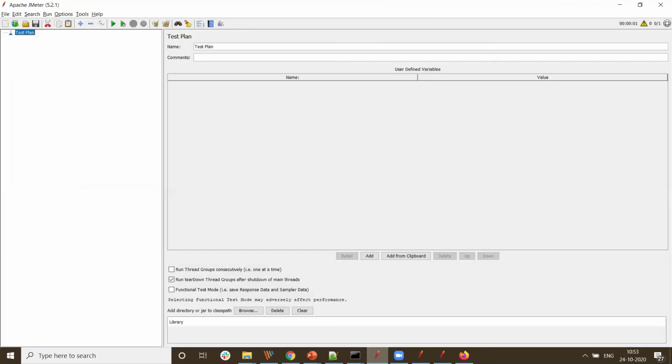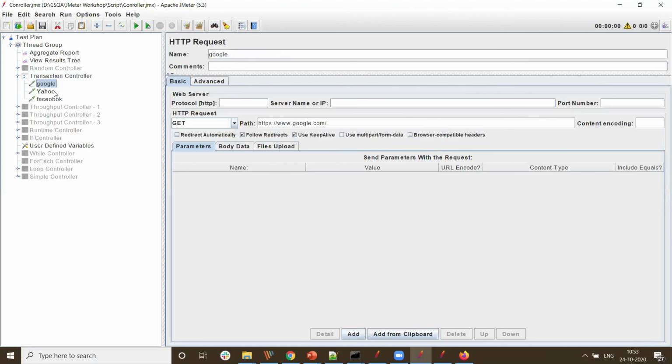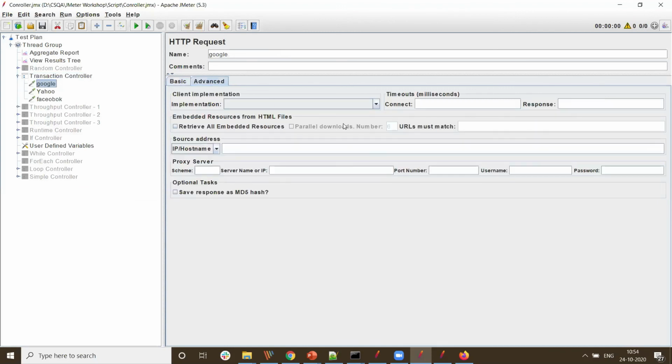Let me show you a quick example of what happens. You have all the things. This is my transaction controller. I have this Google, www.google.com, and this is not checked. For Yahoo, it is not checked. For Facebook, it is not checked.